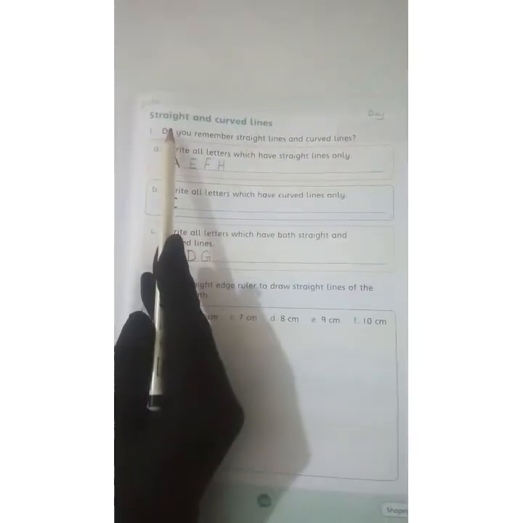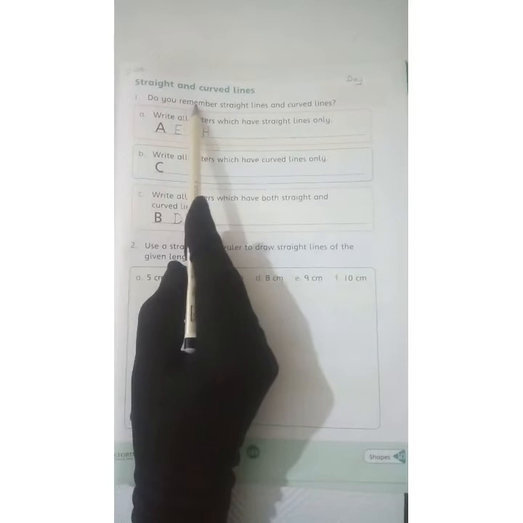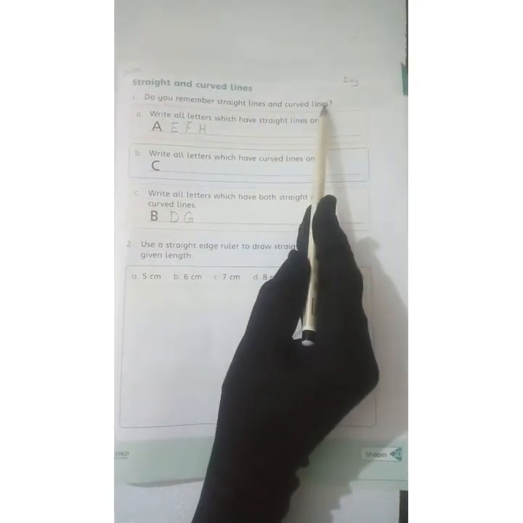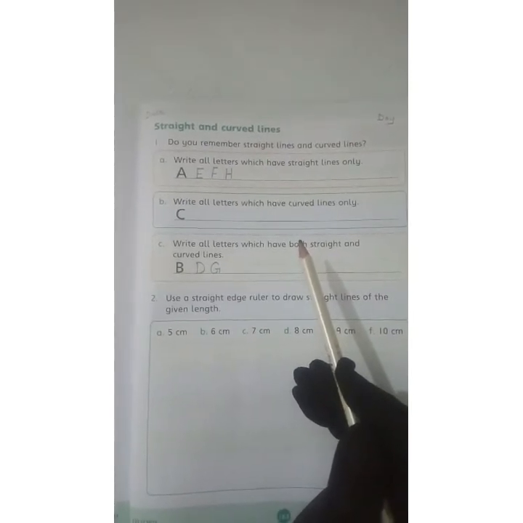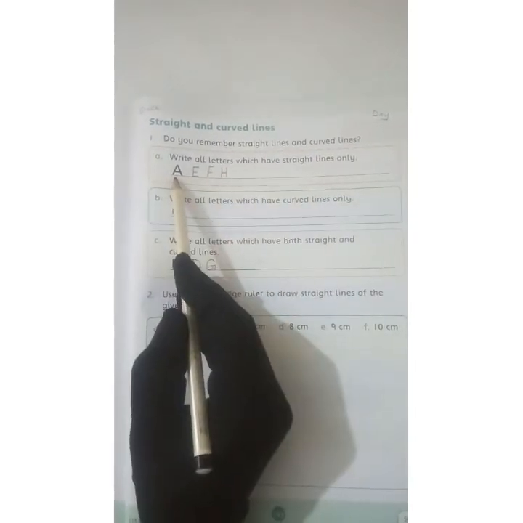Now move forward to page 163. Put the date and day, read the caption, straight and curved lines. Do you remember straight lines and curved lines? In this page, children, first we read the alphabets and find which alphabets have straight lines, curved lines, and which have both curved and straight lines. First, we find the alphabets which have only straight lines. Read A,